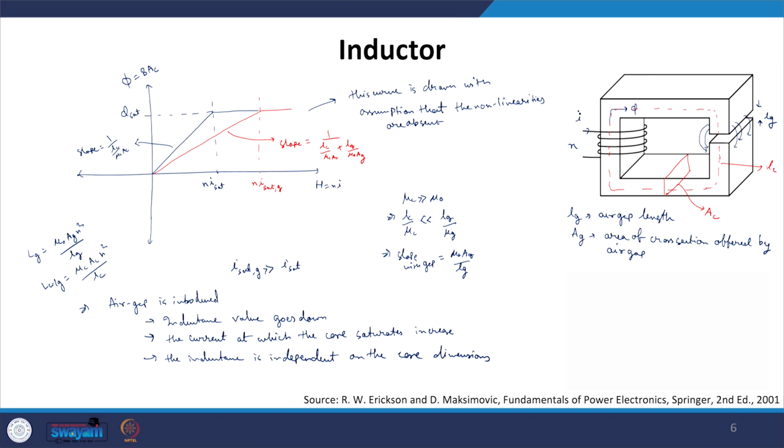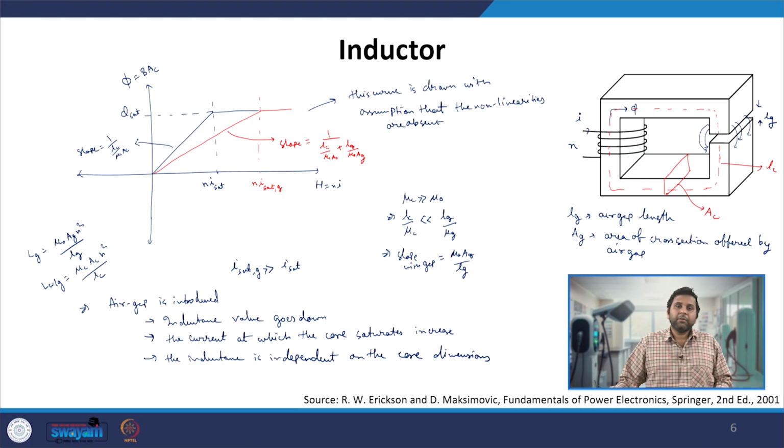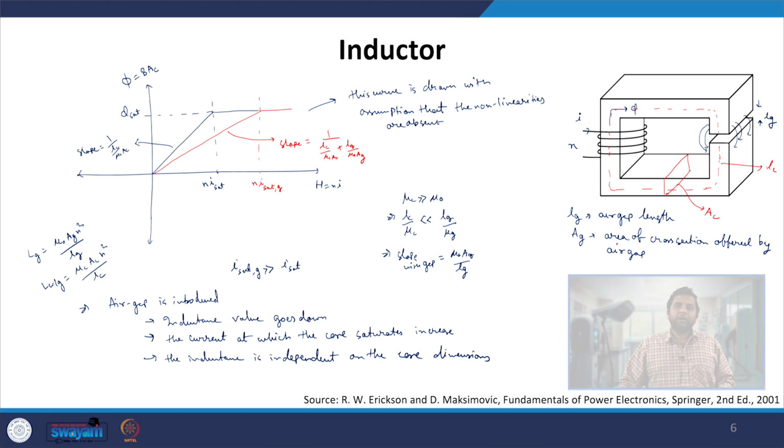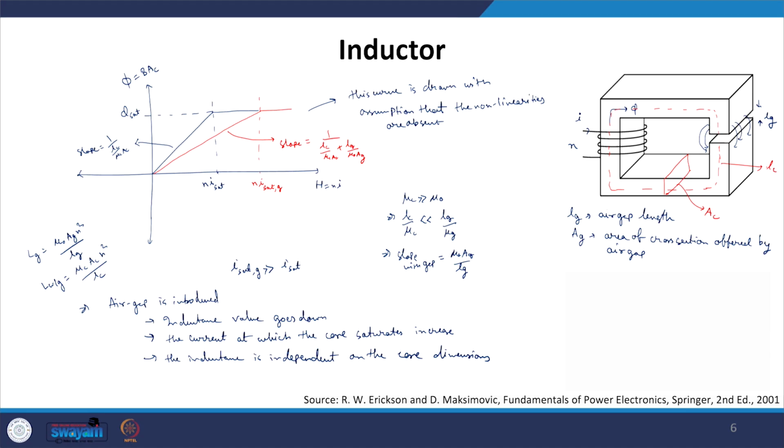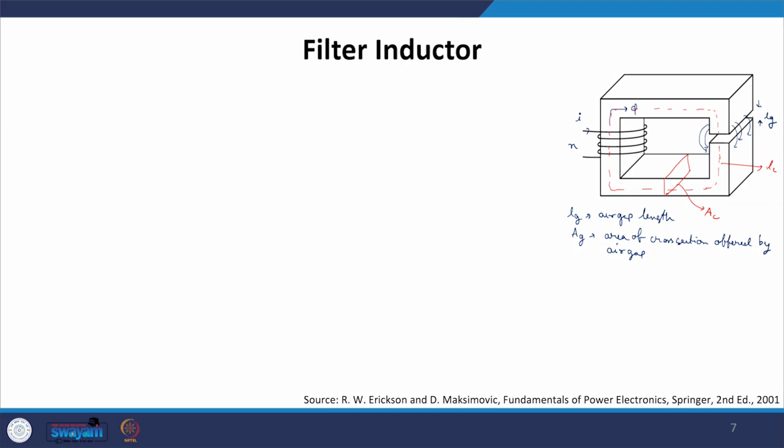So when we have any inductor which carries both DC and AC, we generally use a core with an air gap introduced in it, as a result of which it can carry a larger value of current before going into saturation, and the inductance becomes independent of the core dimensions. So in case we have the buck converter which is like this,